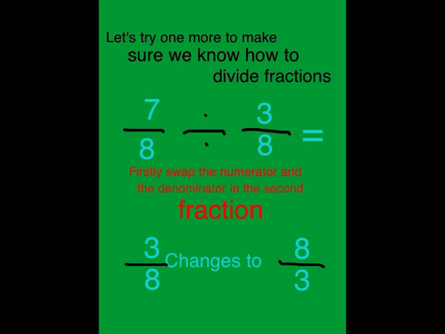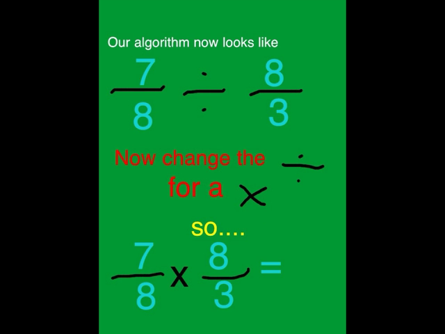Let's try one more to make sure you know how to divide fractions. So 7/8 divided by 3/8. Firstly, we swap the numerator and denominator in the second fraction. So 3/8 changes to 8 over 3. Our algorithm now looks like 7/8 divided by 8 over 3. Now change the division sign for the multiplication sign. So 7 over 8 times 8 over 3 equals